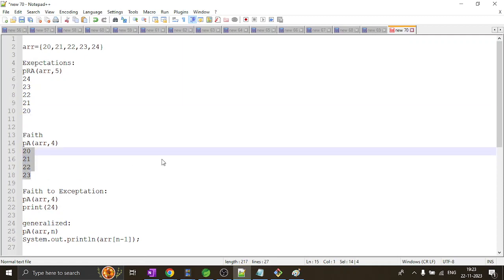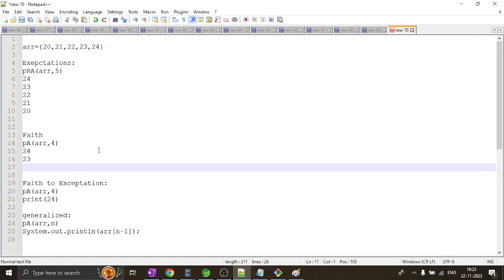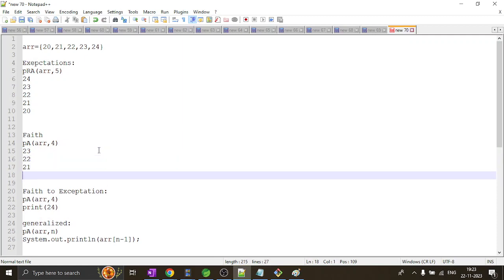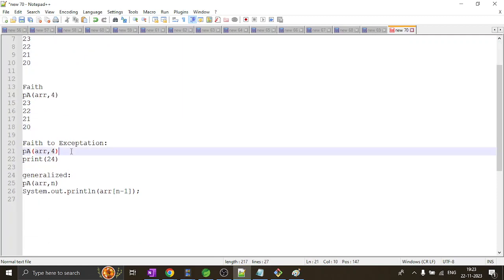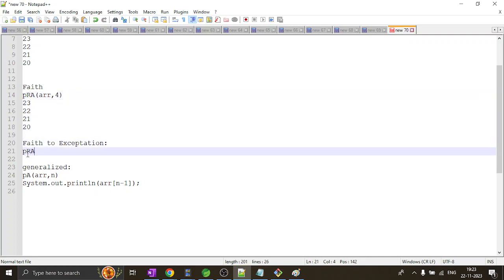And we have established the faith that whenever we have print ARR of n minus 1, what do we do? We can print 24, 23, or we can have it in reverse, 23, 22, 21, and 20 gets printed, right? So what we need to do is print the 0th element first. So print reverse array. Oops, my bad, we have to change this also. Print reverse array of